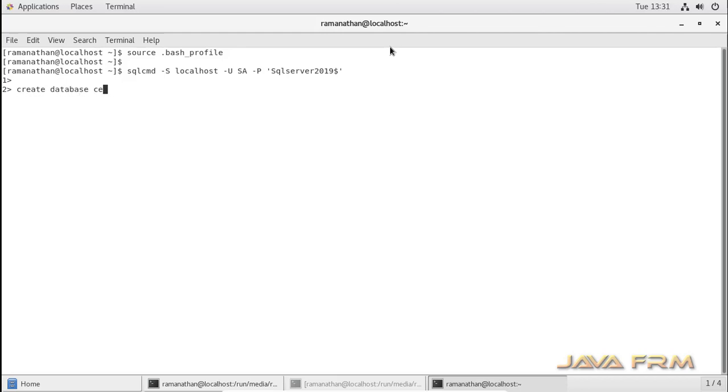So now I am creating one database. Create database CentOS DB. Next I am switching to that CentOS DB database. Yes, so I changed to CentOS DB. Now I am creating one sample table called demo.